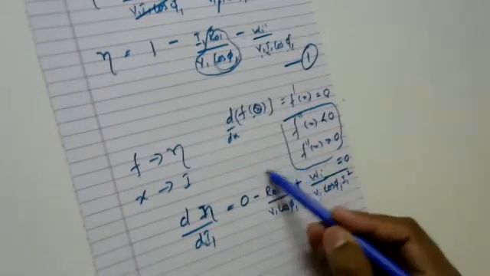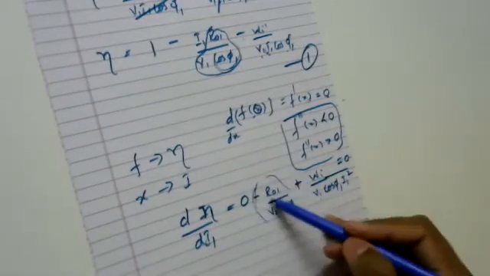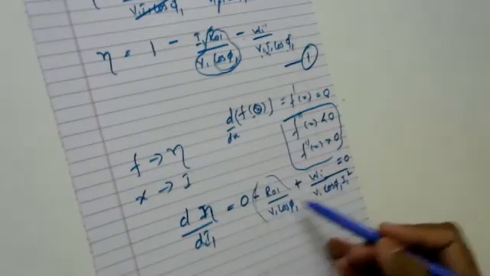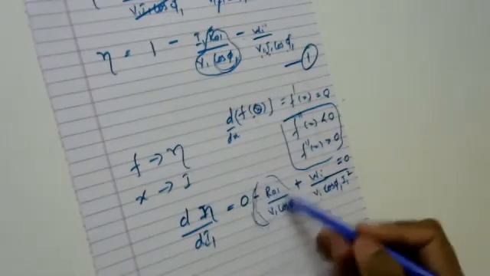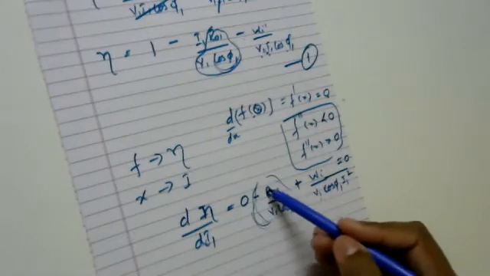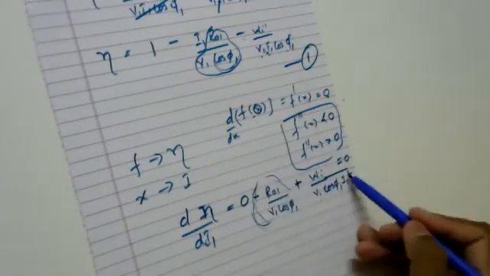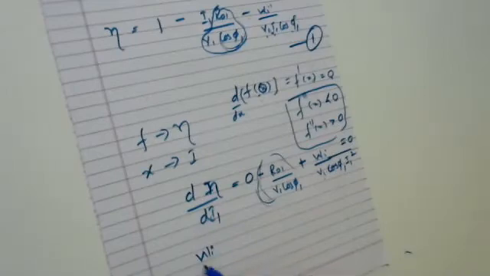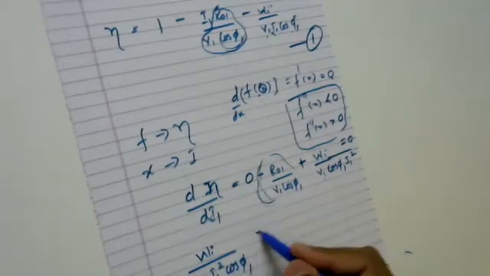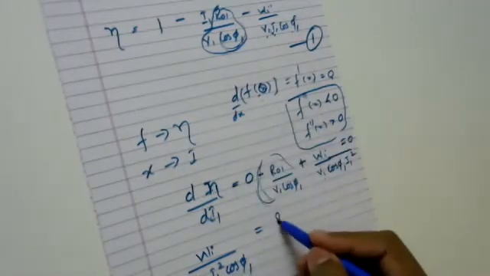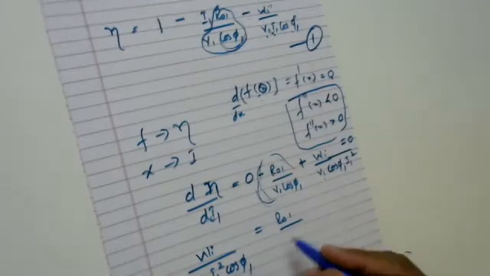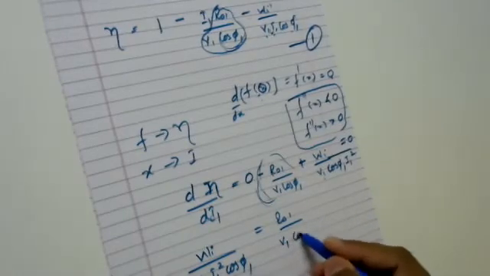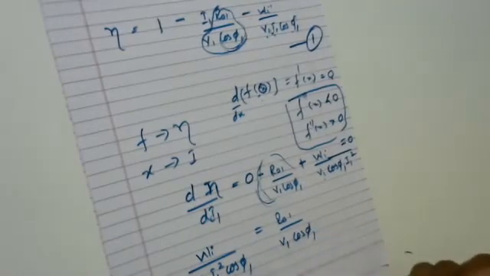I have to just transfer this term from LHS to RHS, because what is being left out? 0 minus something is the same term, right? Then I just transfer this term onto my RHS. Then what will we be getting? Wi divided by V1 I1 square cos phi 1 is equal to, transferring it to this side, R01 divided by V1 cos phi 1.